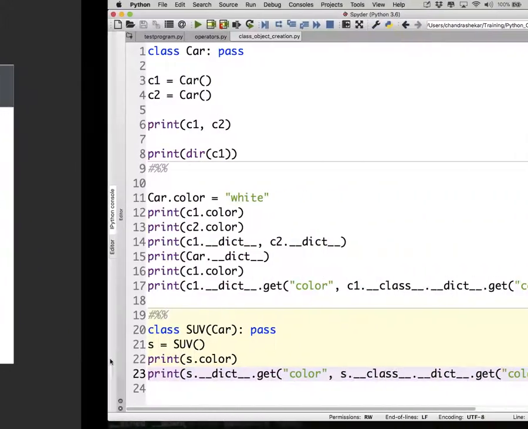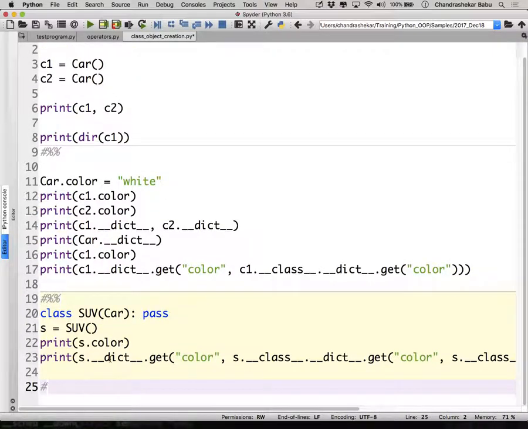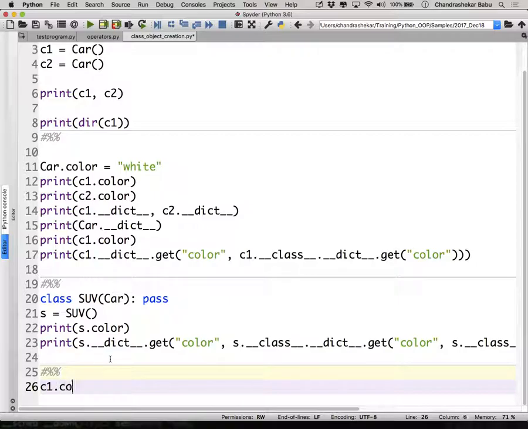So this is the rule, as I told you: instances inherit class attributes. The classes do not have those attributes; the attributes are inherited from the superclasses. Now the next rule. Remember C1 and C2 are two cars. Car dot color is white.